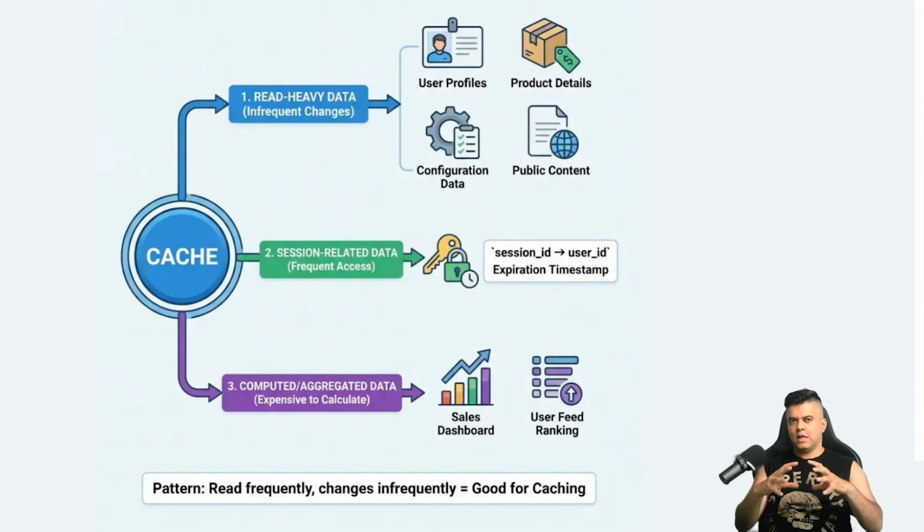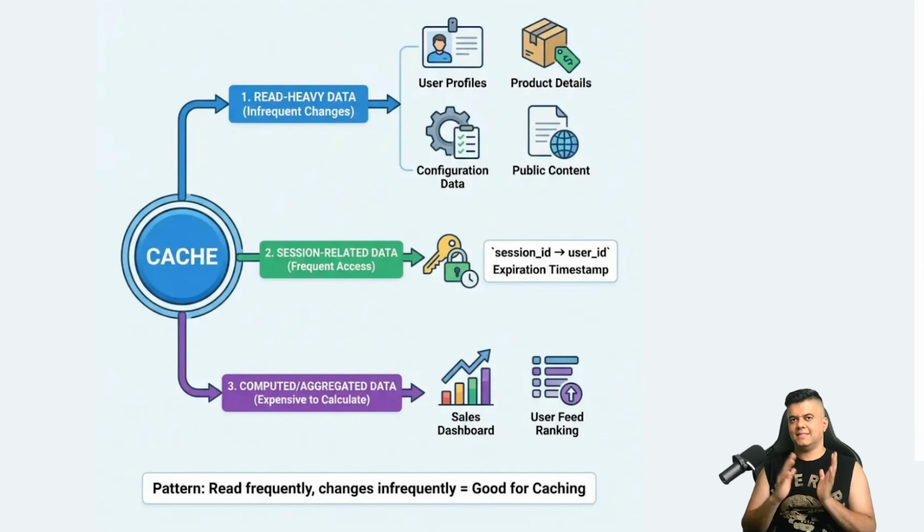Now, from a high level, you can actually group cached data into a few common buckets. The first bucket, as you can see on the diagram, is called read-heavy data. And this data does not change often. And this includes things like user profiles, product details, and public content. Basically anything where many users are reading the same thing over and over,